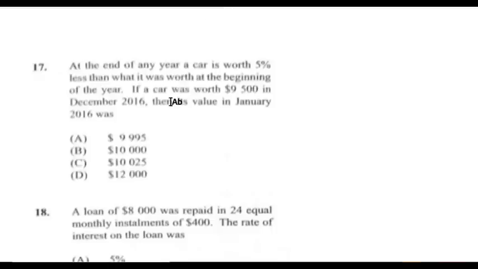And if you've been working past papers with us from 2005, you'll realize that this question repeats multiple times, and they've asked it in different ways. Sometimes to find the 9,500, sometimes to find the 10,000. And yes, the answer is 10,000, but to work it, the car was worth 9,500, so it's 95%,